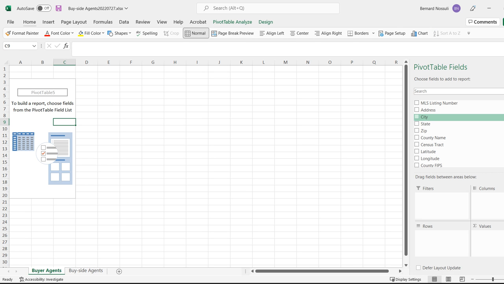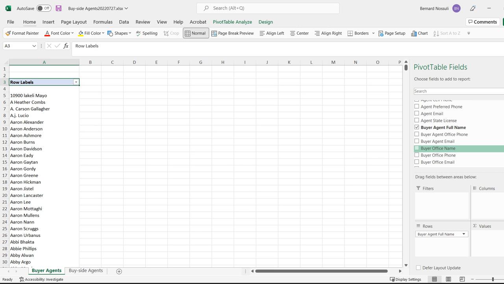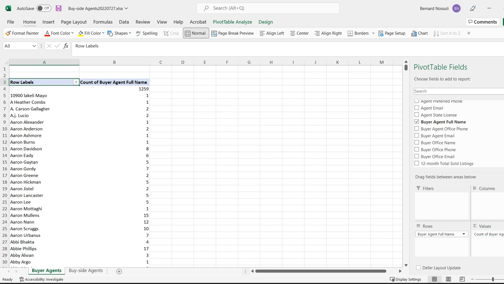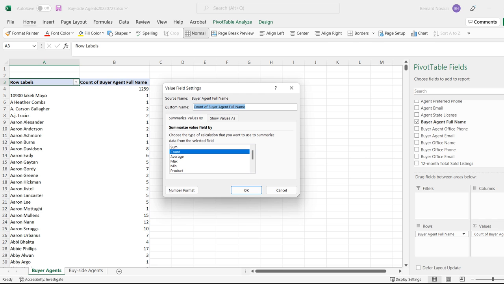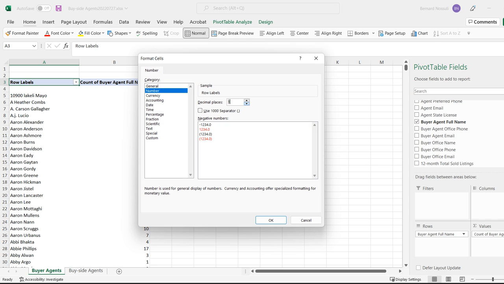And once here, I'm going to scroll down until I get to the buyer agent name. So here's the buyer agent full name. I'm going to put that under rows. And I'm going to put the buyer agent full name under values as well, because that is going to return a count. And I'm going to click on value field settings and just format the information so that we have